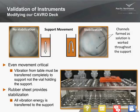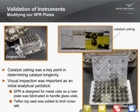So the very last slide, the next one, where we did modifications to our instruments, had to do with modifying our SPR plate. And a lot of people will overlook the SPR reactor as something you can modify because it's a pressurized system and stuff. But the beauty actually of the SPR